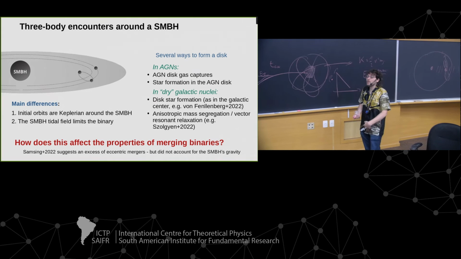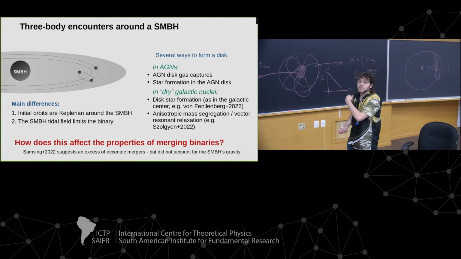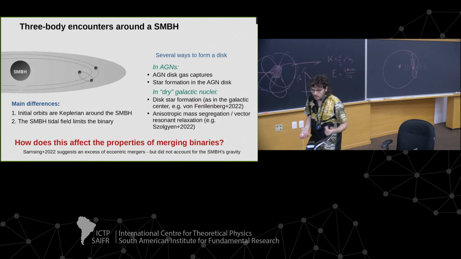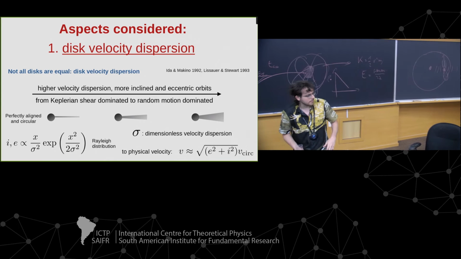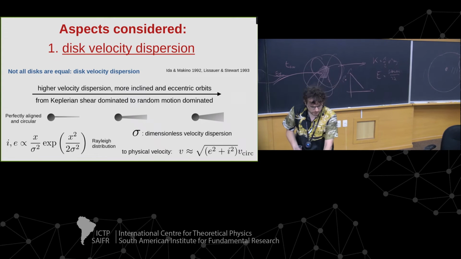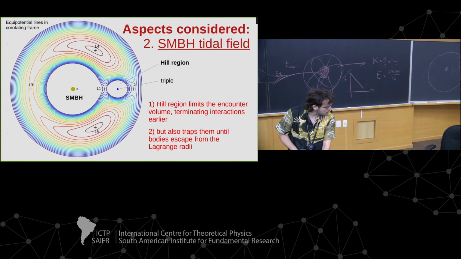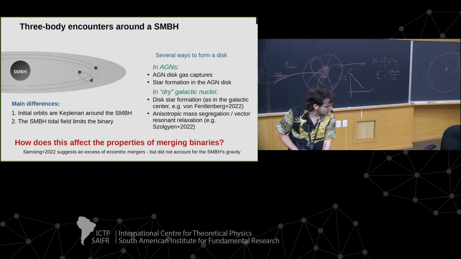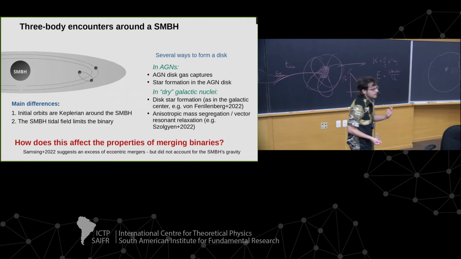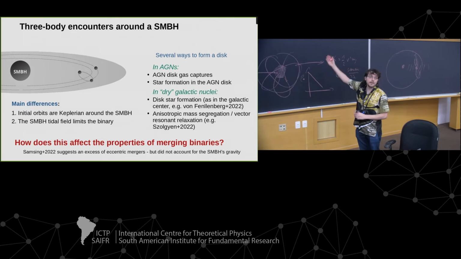Maybe this disk of black holes comes from other sources, which is possible. We have a disk of massive stars in the center of our galaxy. So when these stars become black holes, we will have a disk of black holes at the center of our galaxy. And there are other processes that you can use to create this kind of disk of black holes. So if you have a binary and a single black hole that meet, you can have a three-body encounter within the disk, and with the supermassive black hole.